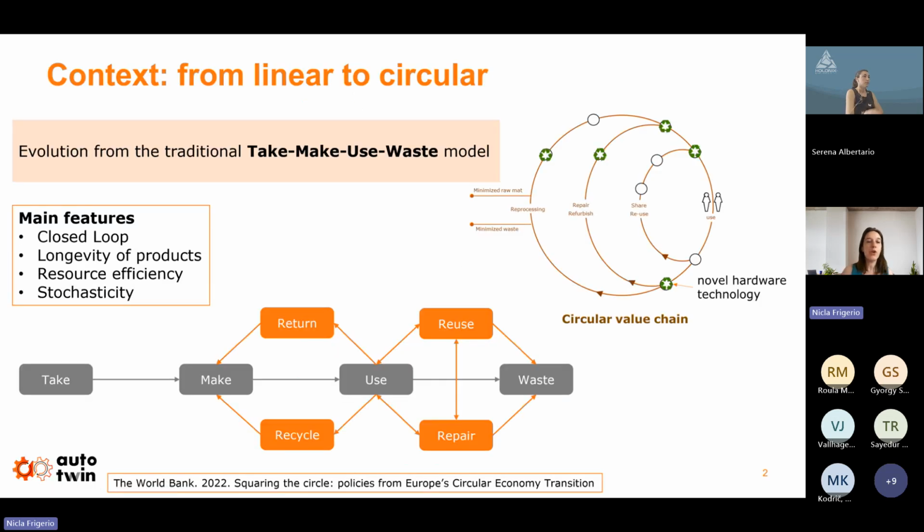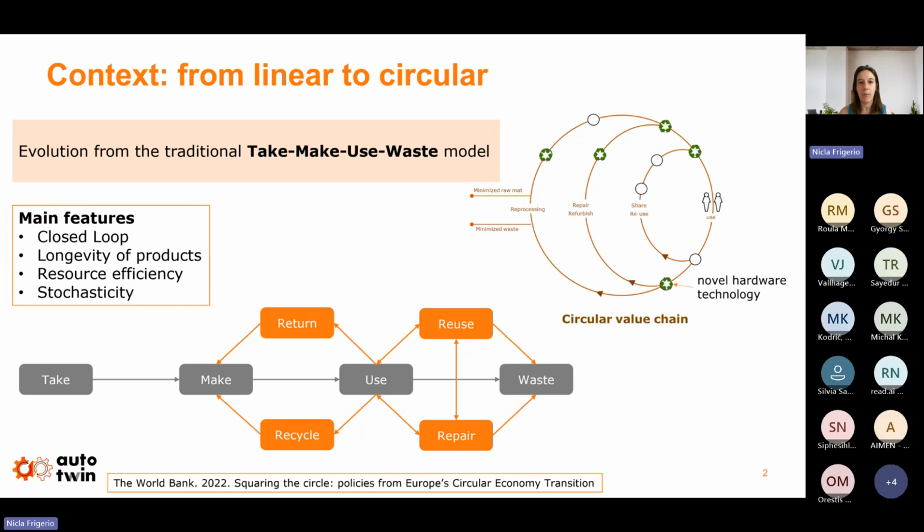So as with many other projects here, we are working in a context moving from a linear manufacturing and a linear economy to a circular manufacturing and a circular economy. So we are facing an evolution from the traditional take, make, use, waste model to something that has multiple loops and not a linear path anymore.